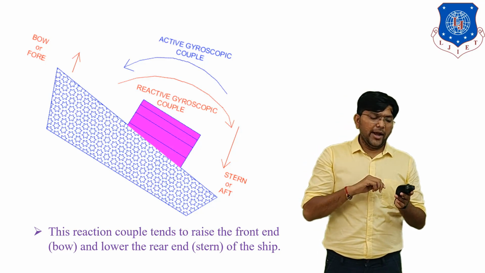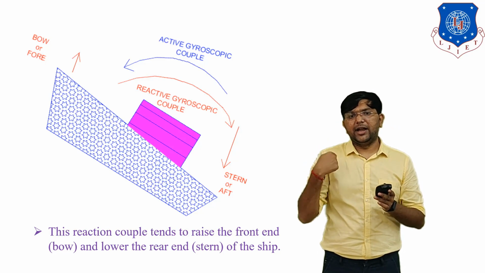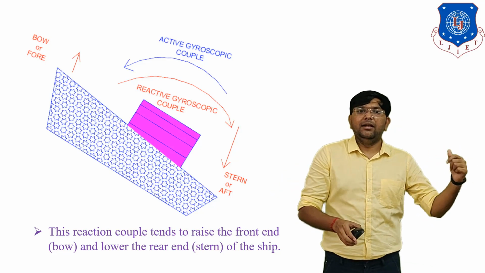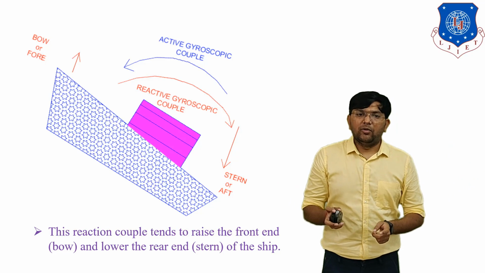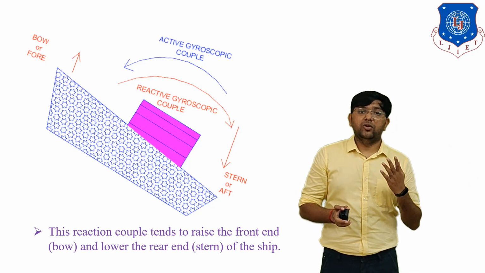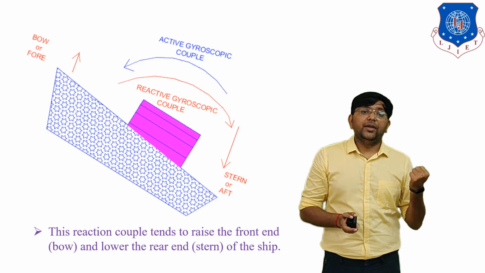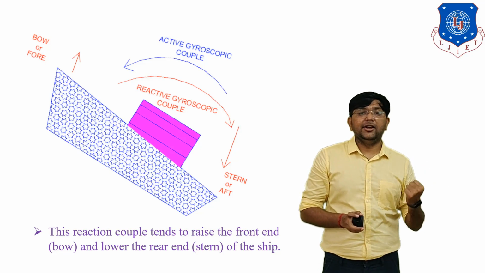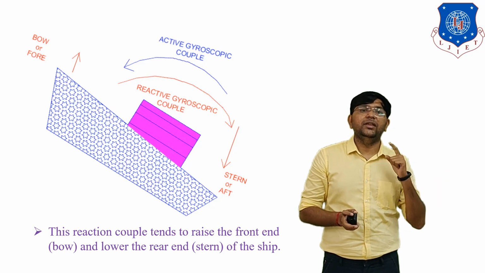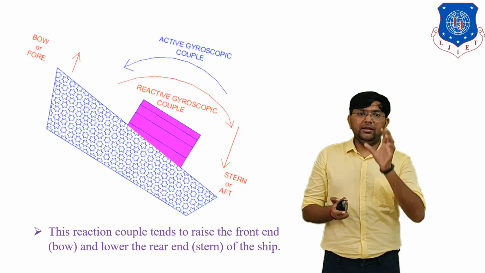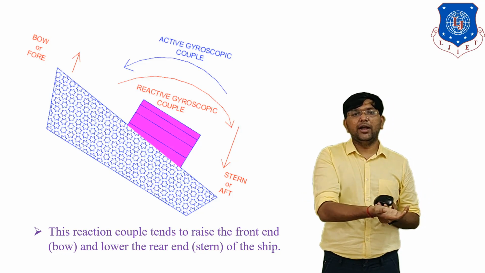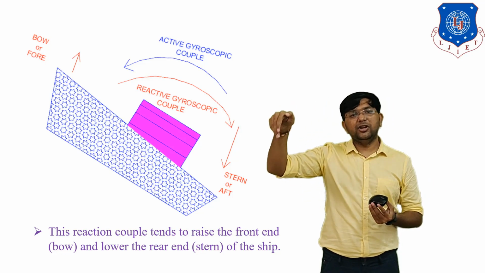That means the bow end of the ship tries to move in the upward direction, and the rear end, that means the stern end, that means the aft end, tries to move in the downward direction. Clear? So this is the effect of the reactive gyroscopic couple because of case number 4. That is, this reaction couple tends to raise the front end and lower the rear end of the ship. You can see the effect of the reactive gyroscopic couple in this diagram. In this diagram, the bow end is trying to move in the upward direction and the stern end is trying to move in